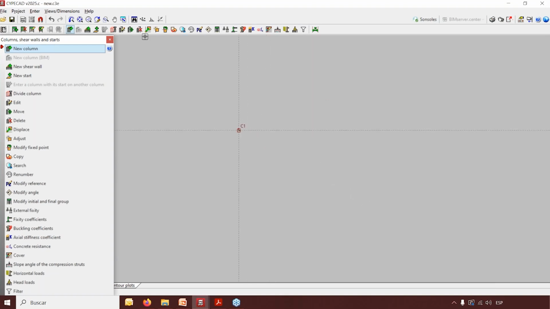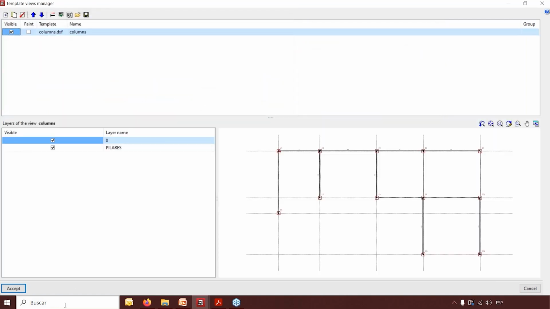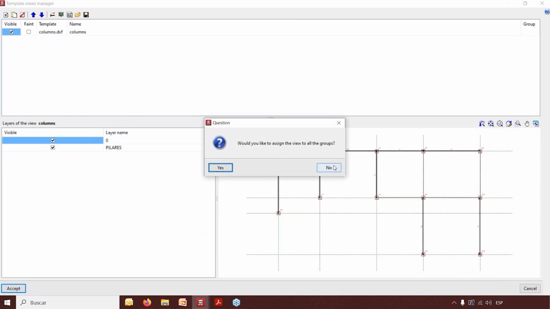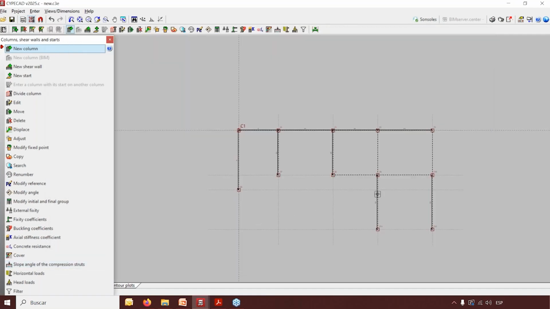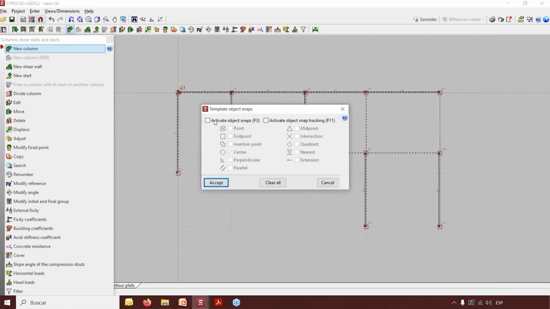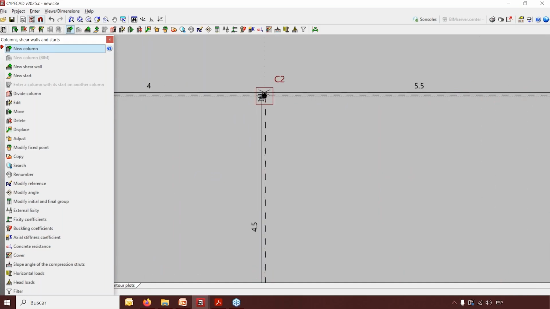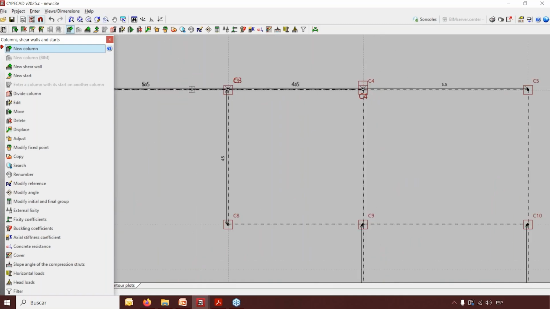Another great tool to insert any elements is that we have the possibility to insert templates. So how is that done? When we come here to edit templates, we add, for example, any one that we have previously created, so we can insert it in our job. To the right, we have the possibility to make these DXF or DWG files visible. And to the right again, we have the possibility to activate the object snaps. So by clicking, for example, on center and zooming in to snap the template,